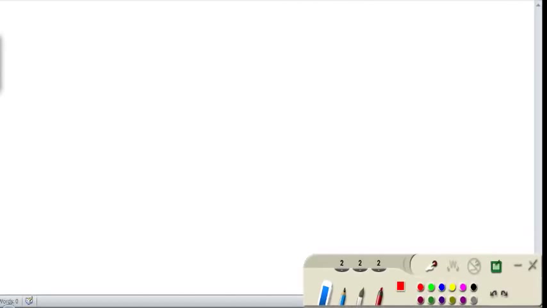Pen tablets connect to your computer using a USB connection, much like a mouse would be connected to your computer. Now, once that is connected, the tablet essentially becomes another mouse. But the difference is, obviously, you can write more easily using the pen. So the cursor moves with the tablet much like it would with a mouse, except the pen is controlling the free-form movement. So what I've done here is I've actually just opened up Word,